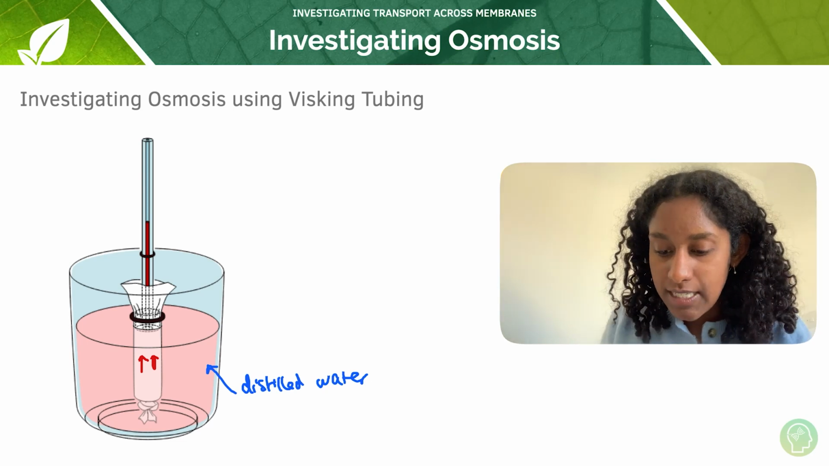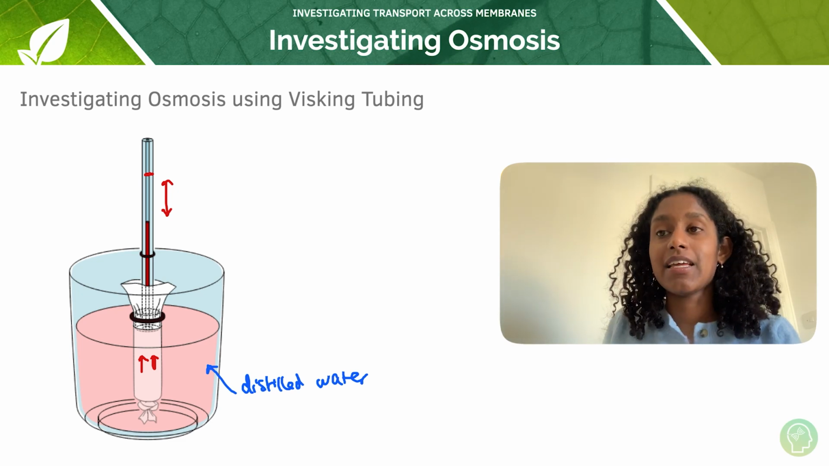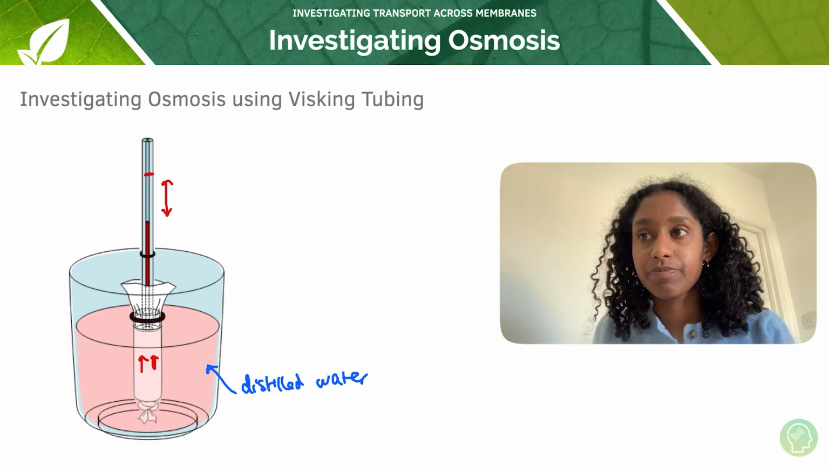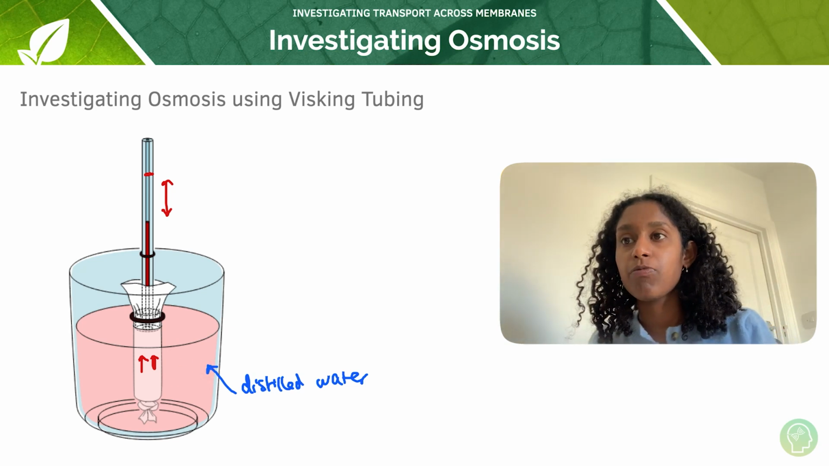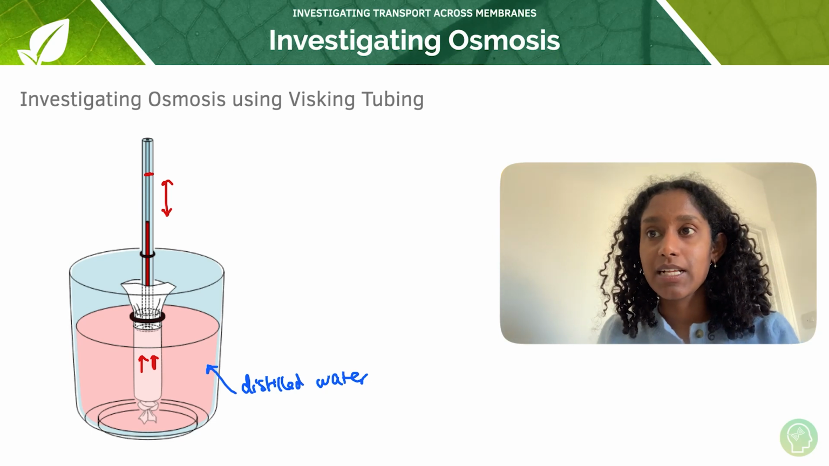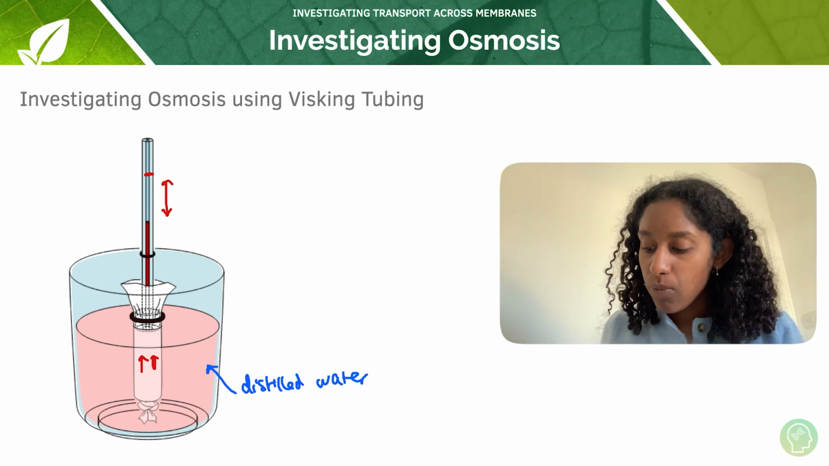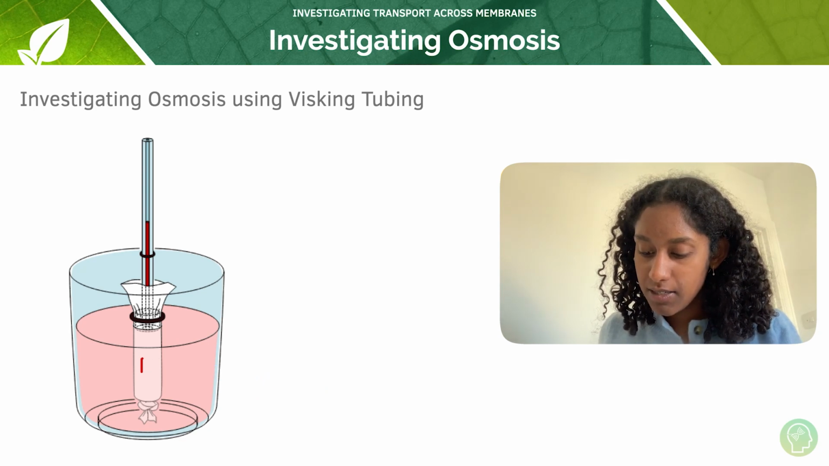So let's say it rises to here, that's going to be the increase in solution moving into our Visking tubing. So with our distilled water in our beaker, there's going to be net movement of water into the Visking tubing via osmosis. Now let's think about what happens if I put not distilled water in my beaker, but